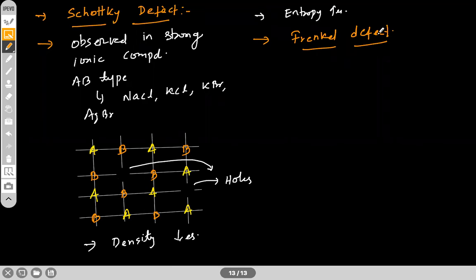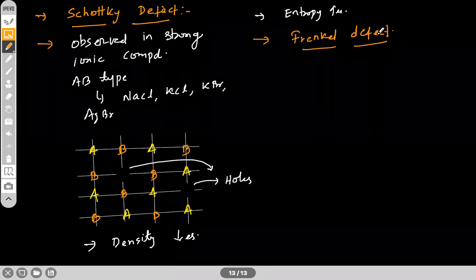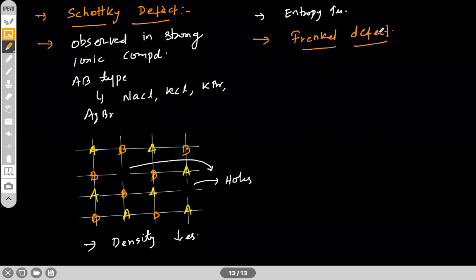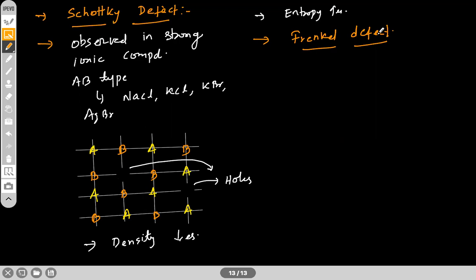Write down: if some of the ions, in bracket usually cations, of the lattice occupy interstitial sites, leaving a corresponding number of normal sites vacant,